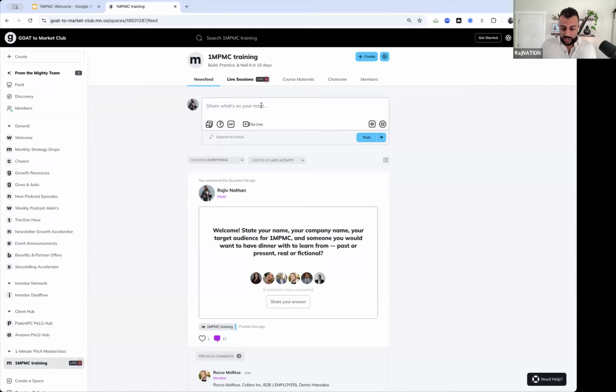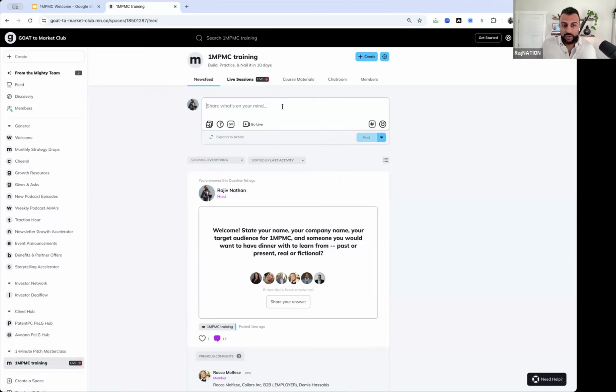You have the option to just type freely inside of this, or you could hyperlink to the document, the workbook that I'll give you, or if you need to post any audio or photo or video, you would just click one of these attachment buttons. So it just works like a normal post.